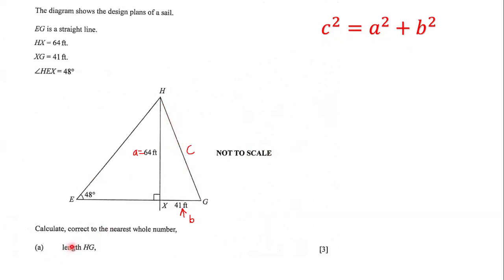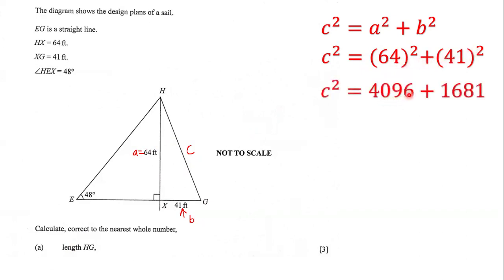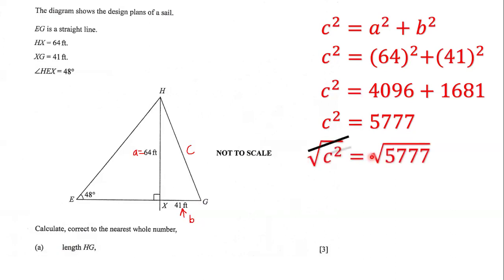And so let's do this. We have c squared. We know that a is 64 and b is 41, so we have 64 squared plus 41 squared. What is 64 squared? That's 4,096. What is 41 squared? That's 1,681. So c squared is equal to this sum, which is 5,777. We take the square root of both sides, cancel this with that, and we are left with c equal to